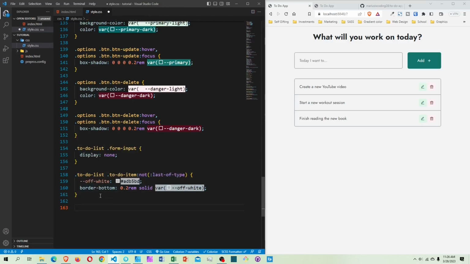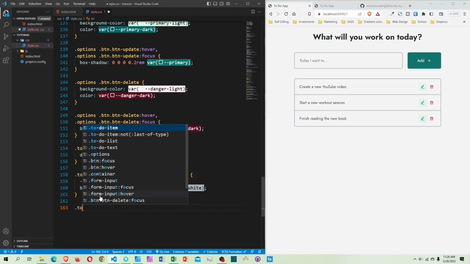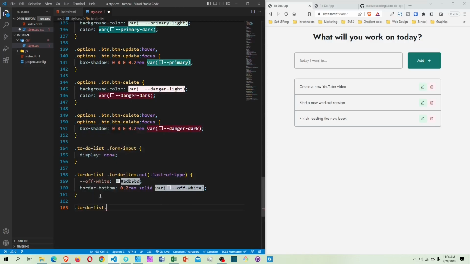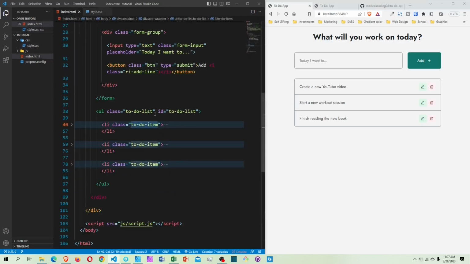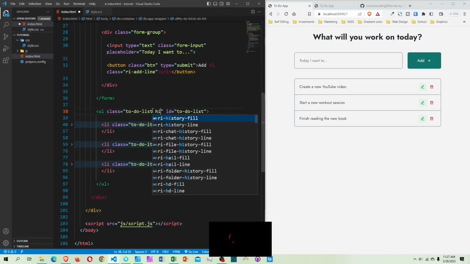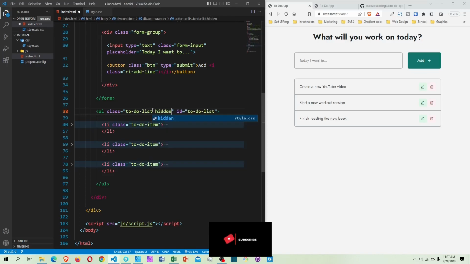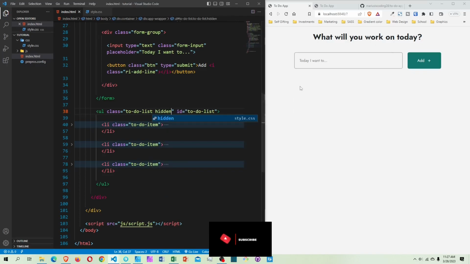So I'm gonna say that to-do list, I'm gonna give it a class called heading like this. Set that to be display none. If I save this now and go back here and give it a class heading, save this. See, it's heading. Okay,